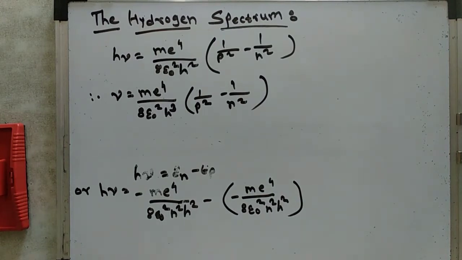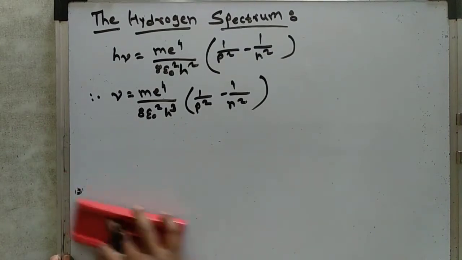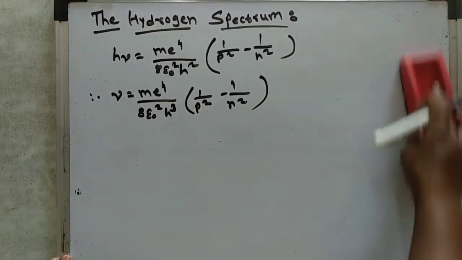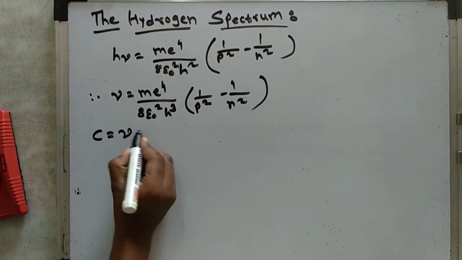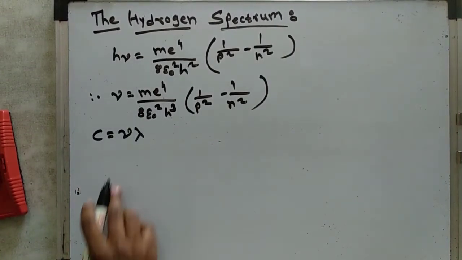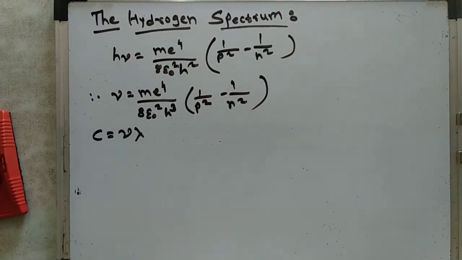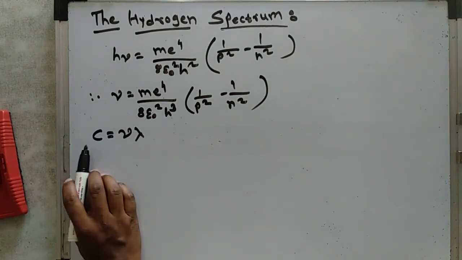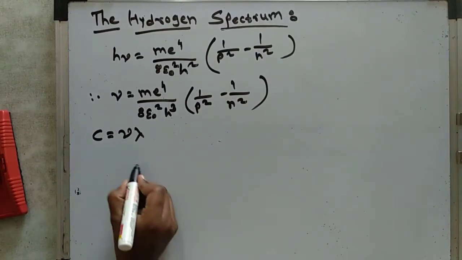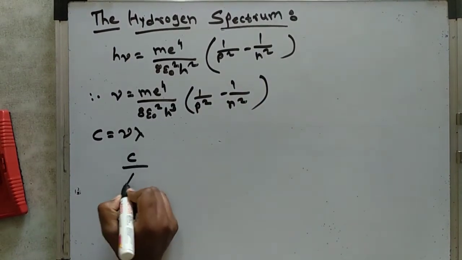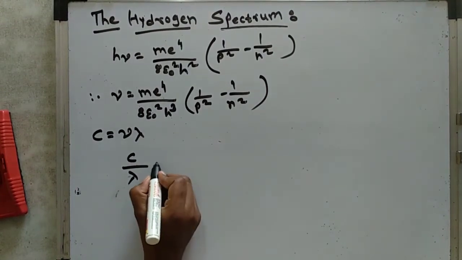Since c equals nu lambda, where nu is the frequency, lambda is the wavelength and c is the speed of light, we have c upon lambda. Okay, c upon lambda is equal to